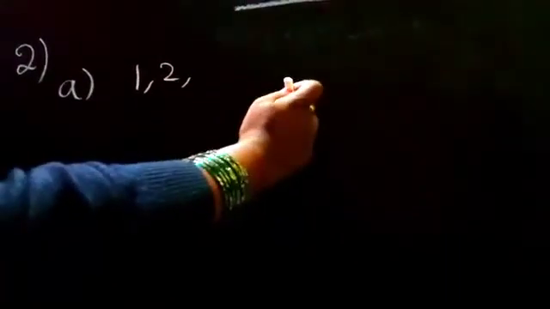The first main question, which I have not done, that is your homework. The second main question is, what is the HCF of A, 2 consecutive numbers, B, 2 consecutive even numbers, C, 2 consecutive odd numbers. First one, 2 consecutive numbers. Consecutive numbers means the next number, that is 1, 2 or 3, 4, 5, 6 or 10, 11. Like that, 2 numbers that are next to each other are called consecutive numbers.